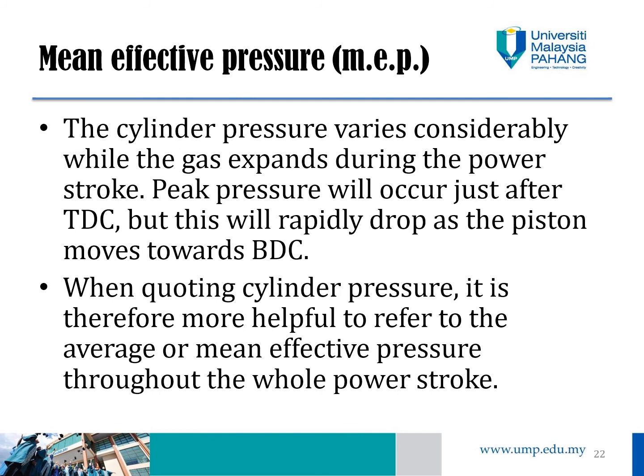So when the engine has the maximum pressure at the combustion, the peak pressure will rise at TDC but rapidly drop as the piston moves back to the BDC. So the mean effective pressure is the highest pressure that can occur in the engine. This pressure causes a tremendous effect on the materials of the piston. So this is your point of contact. So we need to find a way